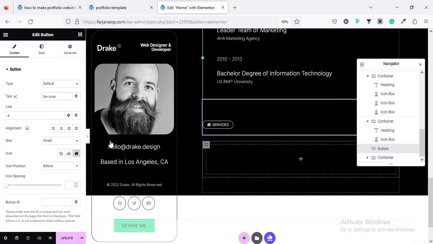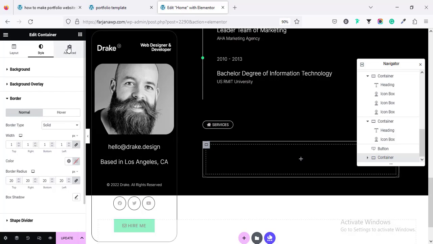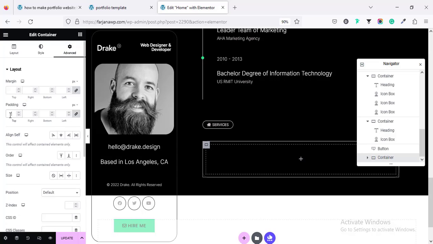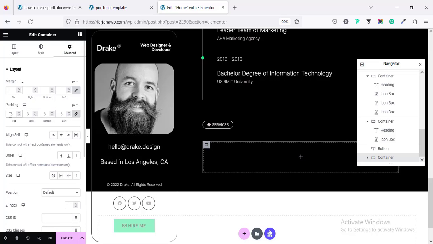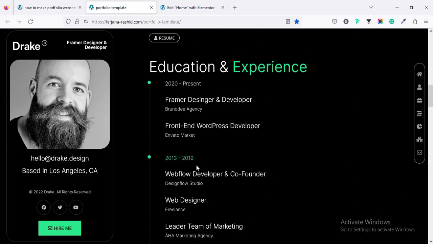Alright, going here and adding some border radius. I'm adding 20, and there will be some padding. So going to advance and padding, I'm adding 30 pixel,